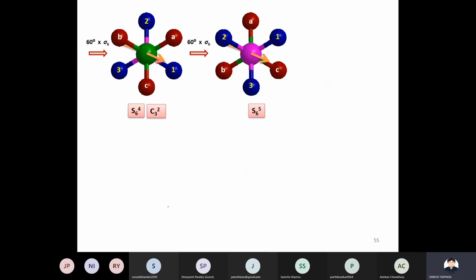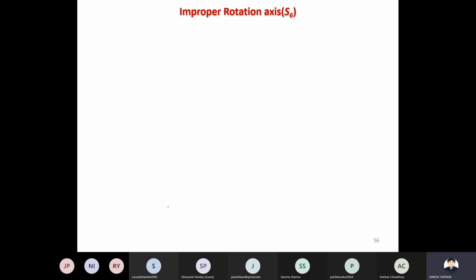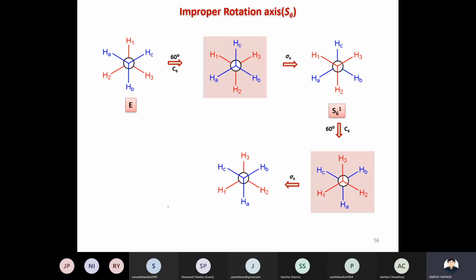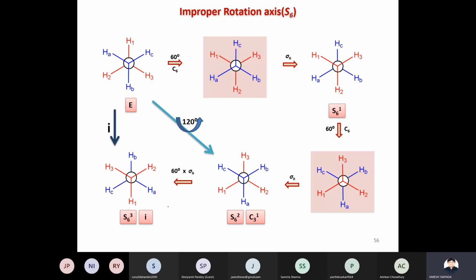These are all the 7 symmetry elements. Same thing is there, staggered conformation is there. Front side carbon is blue color and red color is the back side. So once you give rotation at angle 60 followed by reflection, you are getting this structure. You can repeat it 2 times. So you are getting result of C3 1 times, and you can repeat it for 6 times. Then you are getting result of